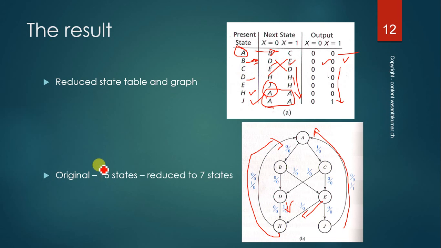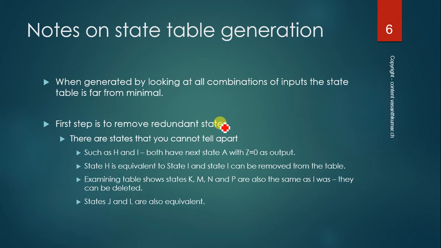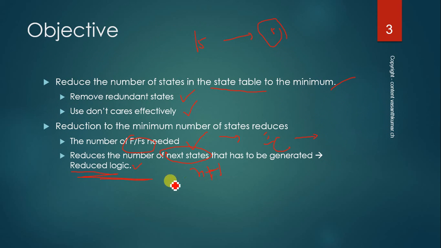Here the original states were 15, which got reduced to 7 states. Only thing that we have done is removal of redundant states, okay, which are giving, for example, two basic states which are giving the same output. You have to remove them. Only two things we have done, right? So that will give a minimal table. Advantage of minimal table is we will get a lesser circuit, lesser flip-flops are needed, but still your logic will remain the same, your outputs will remain the same, your logic circuit will get reduced, it won't look clumsy, right?